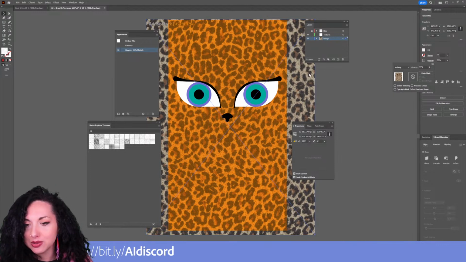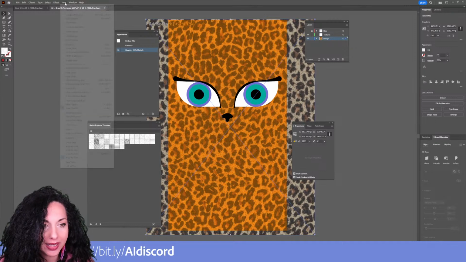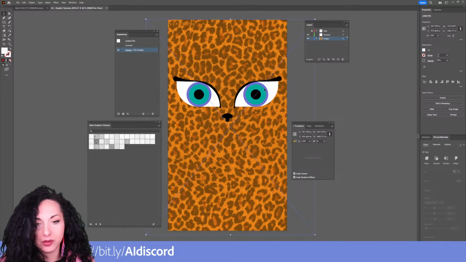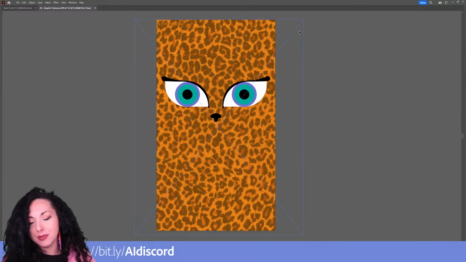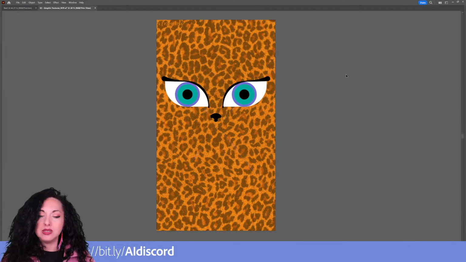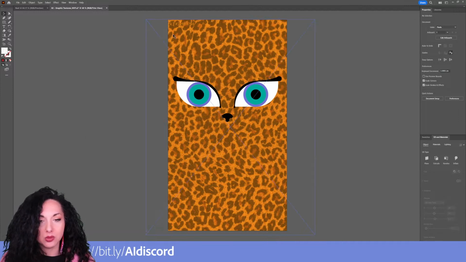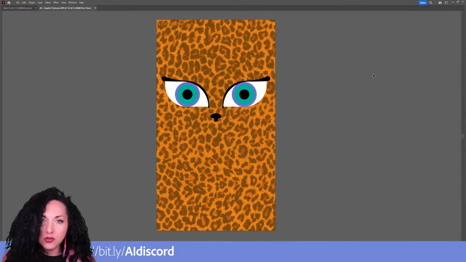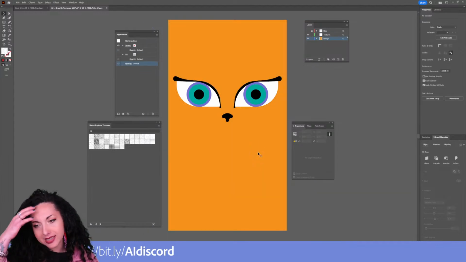Now, if you want to cut out all these parts of the images that are outside, you can always go into View and select Trim View. So you just cut out and everything looks a little neater. The tab will also allow you to make the menu, the toolbar and the workspace disappear. So perhaps if you're with a client and you want to make sure that everything looks nice and neat, View, Trim View, and then you can also hide all the panels here. Okay, now let's delete that and let's